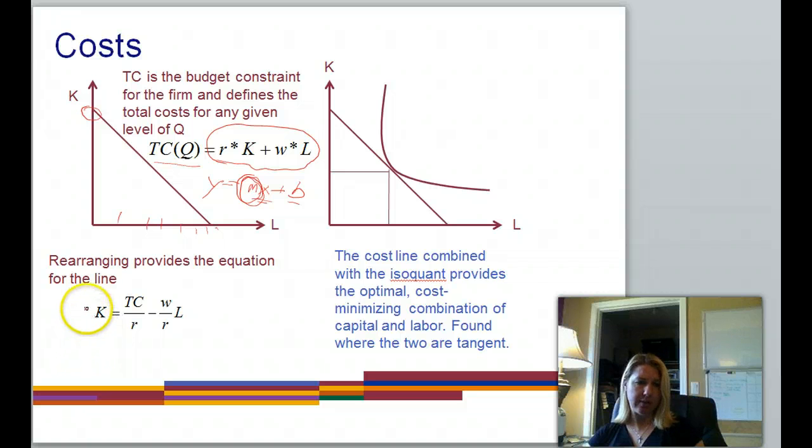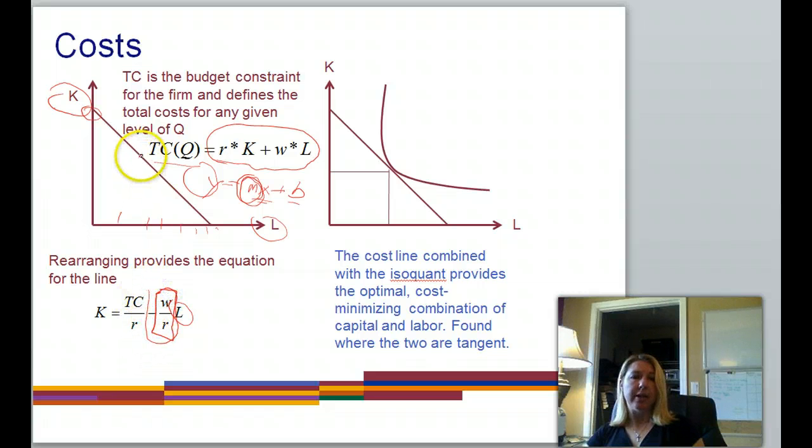So we can rewrite this here because we know that K is the same thing as y, so that's our vertical axis, and then we know that L down here is our horizontal axis. And so we can simply do a little bit of algebra and rearrange this so that we have the total cost divided by R minus W divided by R times L. And so this one right here, negative W over R, is in fact the slope of this line right here. So the slope of that line is negative W over R,